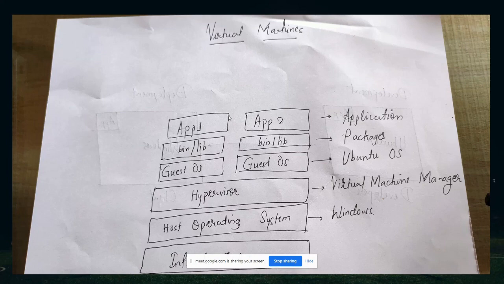Now, every time you open a virtual machine, you need to boot the OS. You people know how tricky the booting process is and how much time it takes. Until Docker was invented, we used to have this virtual machines concept. Now we are moving from virtualization to containerization. What is containerization? We'll see in the later part.